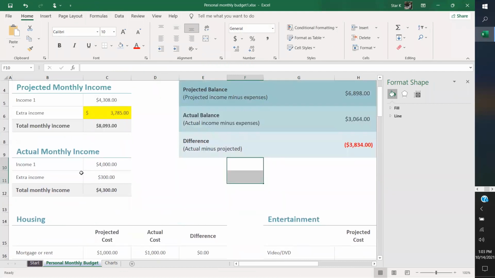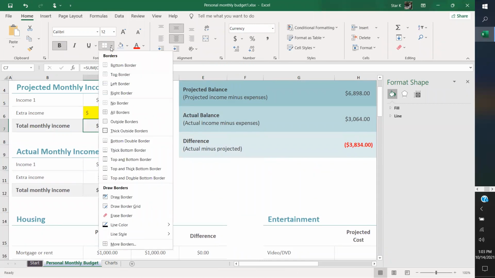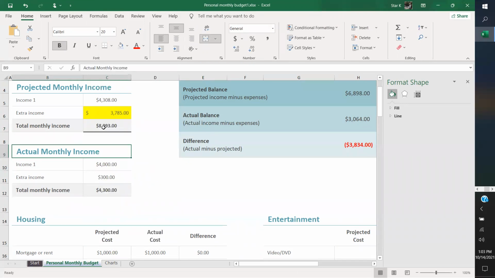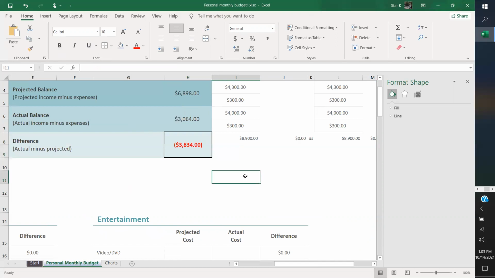We can come to our income, and we can use our borders and give it a thick bottom double border. See, making it more of a total amount. So we can do that for this as well by coming here. And so it just replicates it. It looks cleaner. The difference, maybe we want to highlight that. It's already bolded, but maybe we want to make it stand out because there's a huge difference, right, between the